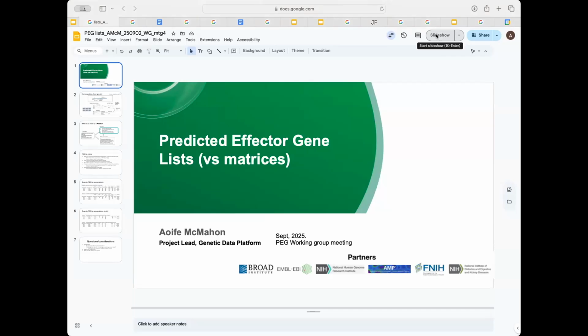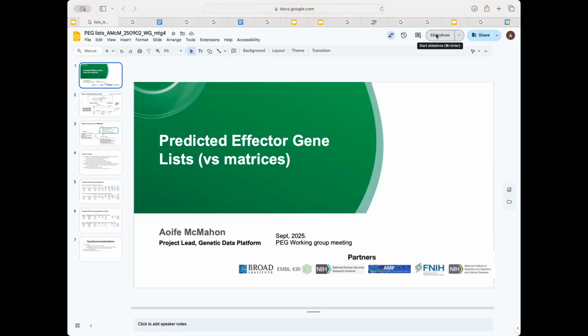We have the matrices we've just been discussing, which show all the detail of the different evidence types plus the integration. Then, a distillation of these massive tables: a PEG list that has just the genes listed that the author is saying are the effector genes for this trait.